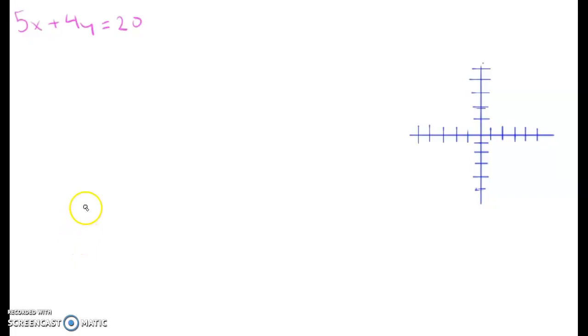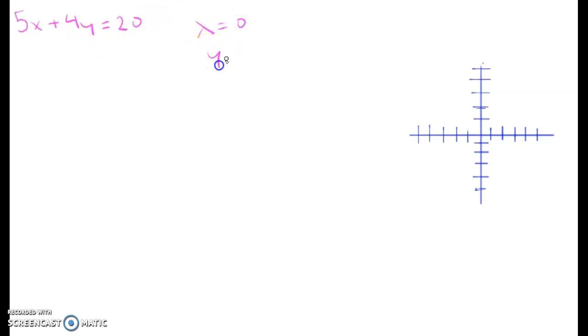We're doing intros to linear equations, and here we have a standard form. There's also point slope form and slope intercept, but today we're doing standard form. So we just need to convert this so we can graph it here. So all we have to do is we need